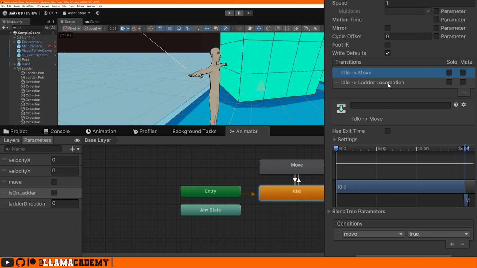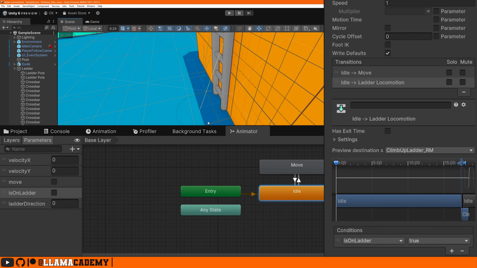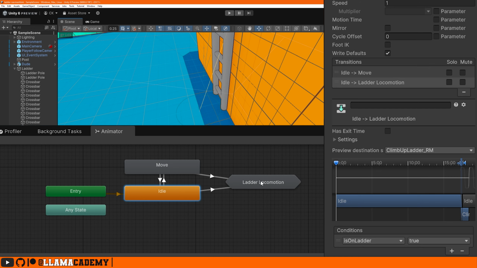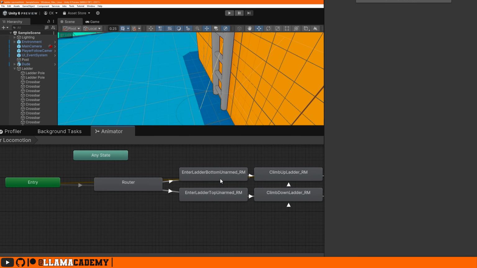Now for the ladder, we've got a parameter called isOnLadder. As soon as our agent starts taking this NavMeshLink, we're going to set this Boolean to be true. Then we're going to pass off the animation, so we're not going to run, we're not going to stand idle, we're going to start doing the ladder locomotion. You'll also see this ladder direction, which is going to tell us if we're going up or down. So if we open up this substate machine here,